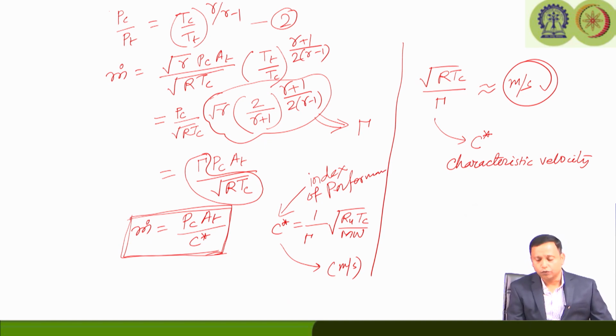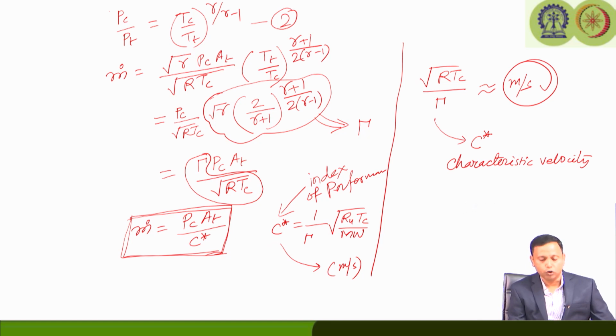Okay. And one can of course try looking at various chamber pressure, keeping the chamber pressure and A t constant. Then we can look at the C star, how it is influencing. One can get the value of various C star values for a constant gamma with a variation of chamber temperature. Okay, with of course, the specific heat ratio gamma will have some weak influence on the C star, but the T c has a major influence, and of course, the molecular weight. So, we can say the C star is also having the similar type of effect of the T c and MW, as we have seen already for the case of Vj or the jet velocity.